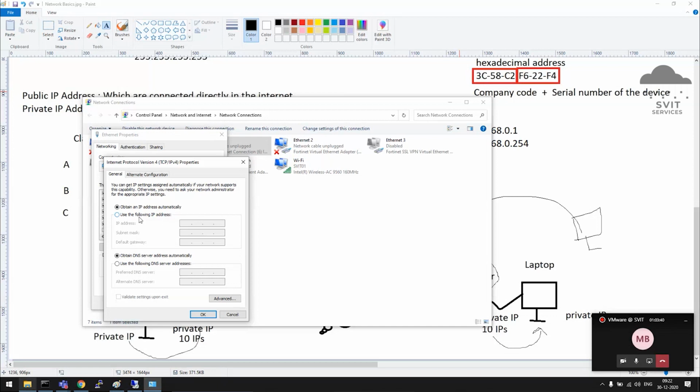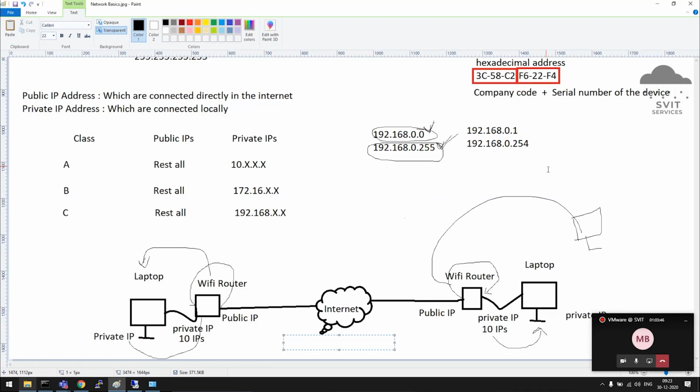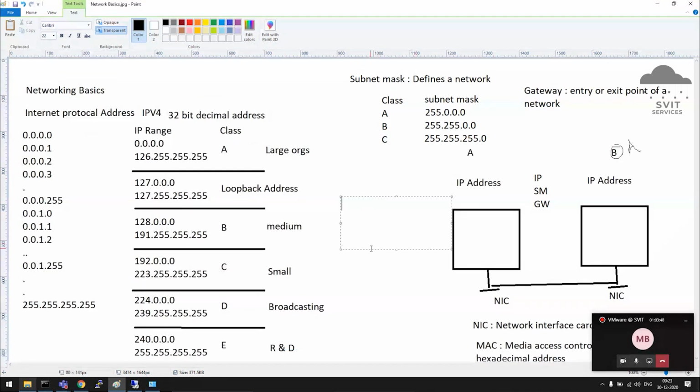Automatic assignment is called dynamic, which we will discuss during the DHCP topic, where it automatically gets an IP address. Static is manual. Manually, we need to assign an IP address.